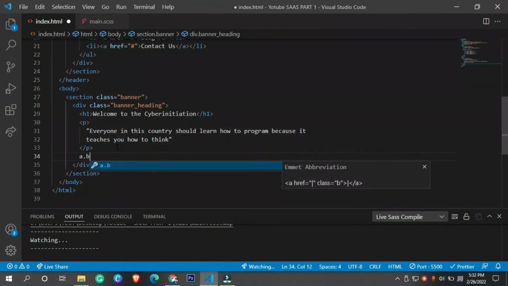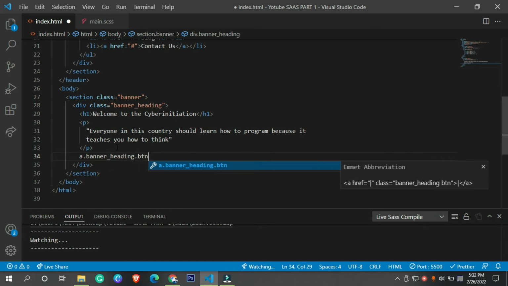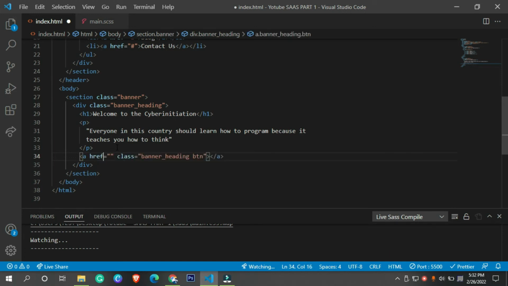Okay, so basically I'm going to build a simple button right here, and in the next tutorial, when we are going to implement our hamburger section, we are going to implement this button in a very different way. Okay, so now I'm going to have a very simple button, so you can easily understand, okay, this is the button that I'm using, and that's it.